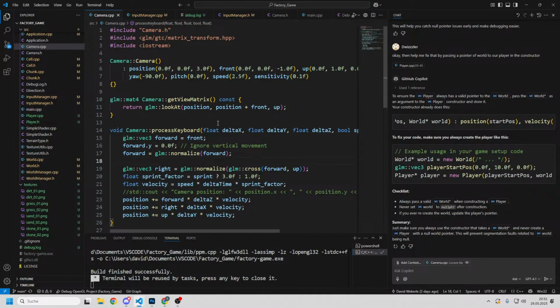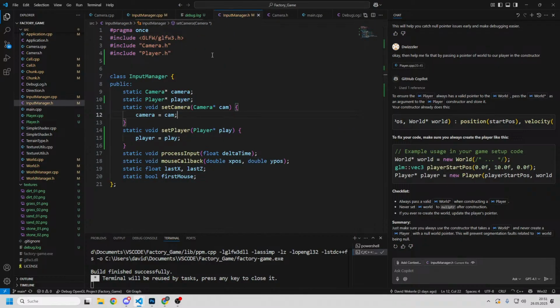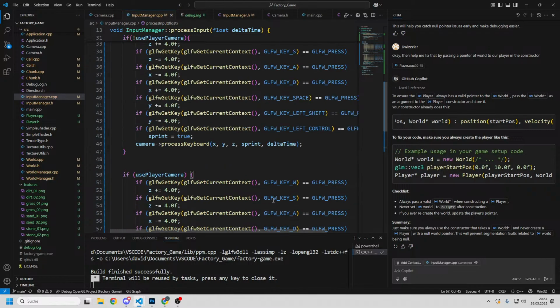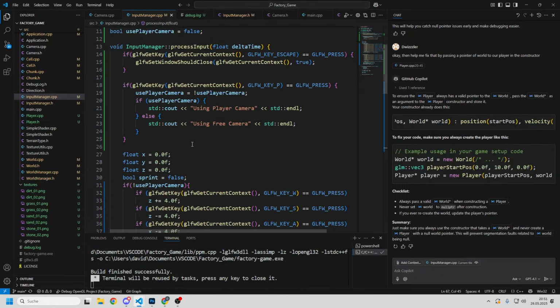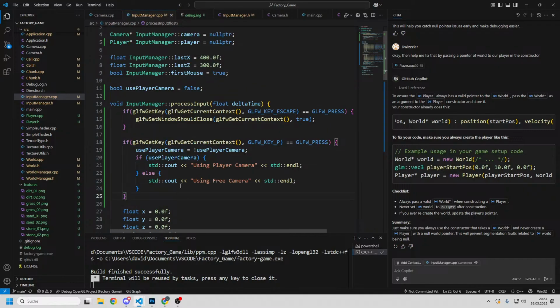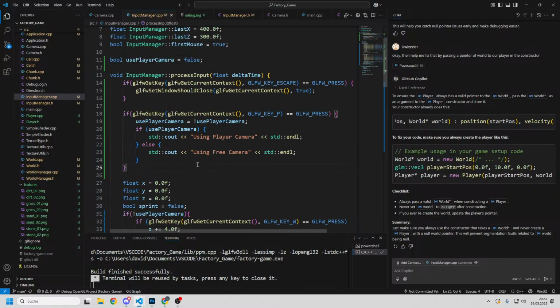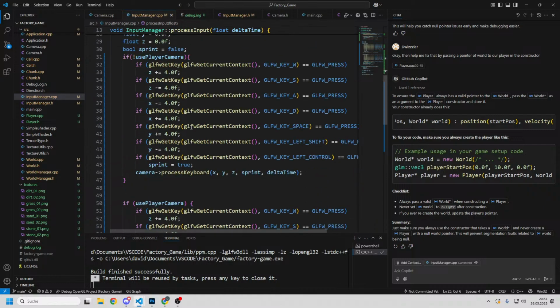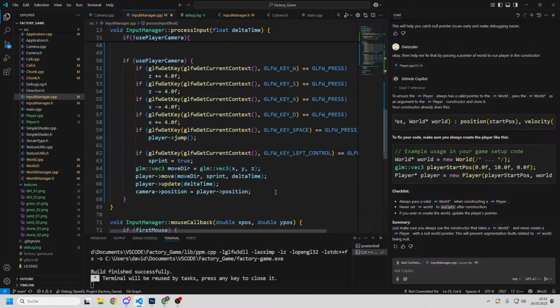So actually what we also need to do in our input manager is process the mouse movement, I would say. But we already do that somewhere, right? So I think we do that in the main type of thing. So we can just do